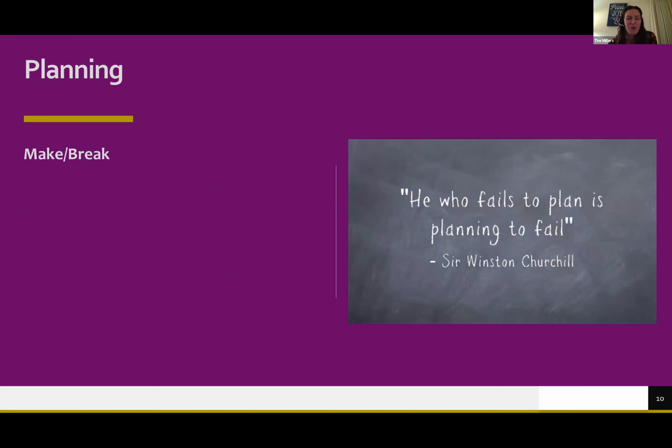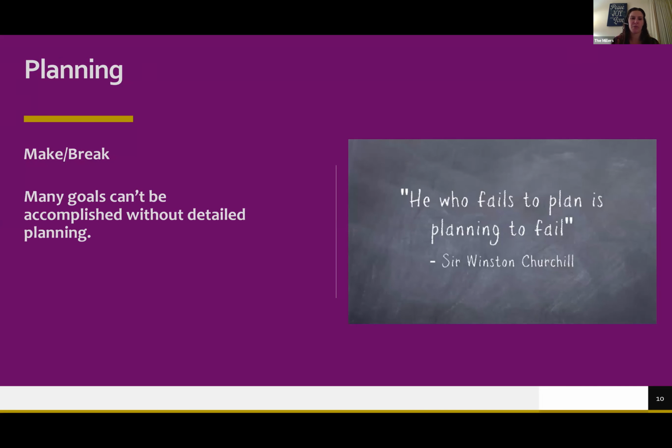All right, so project manager. I told you that one of the main responsibilities was to plan, right? So we'll talk a little bit about planning. Planning is really the first point in a project. As long as your charter connects to your strategic goals, planning is really the next place where you can make or break the success of your project very, very quickly. If you fail to plan, you will plan to fail. And many of the goals that exist, particularly in professional project management, just can't be accomplished without detailed planning.